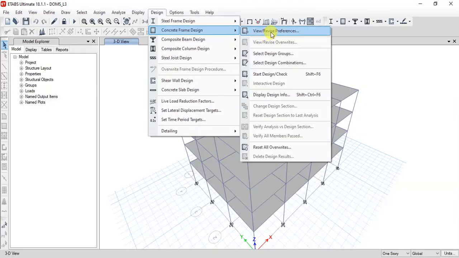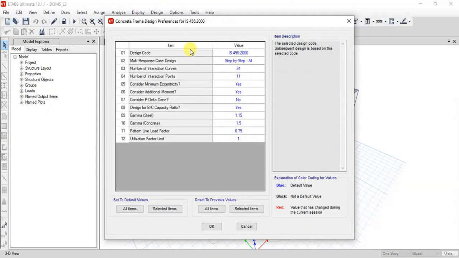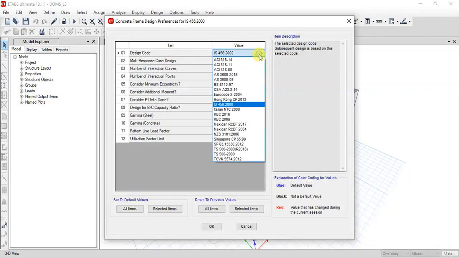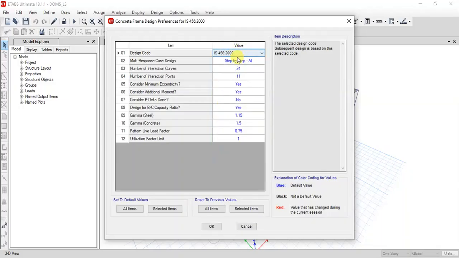So we have a few options here. Before we start the design check, you need to check whether the code selection is the proper one. We have IS 456, which is what we are looking into, and you need to consider whether to include moments or eccentricity or not.